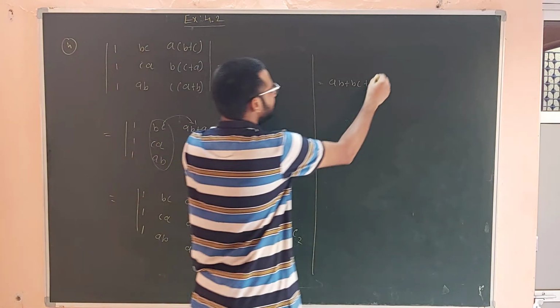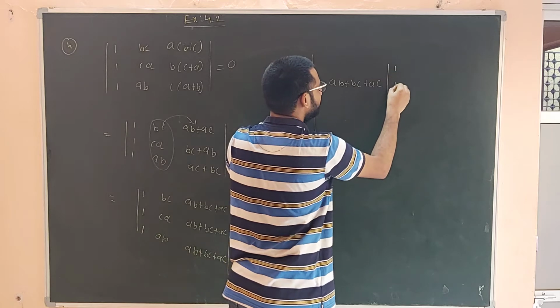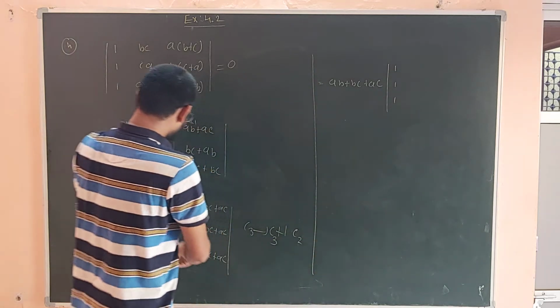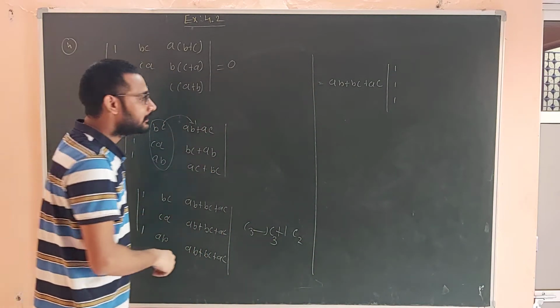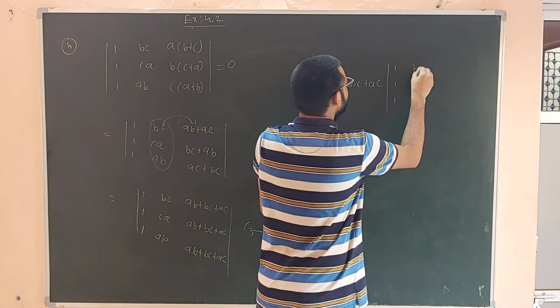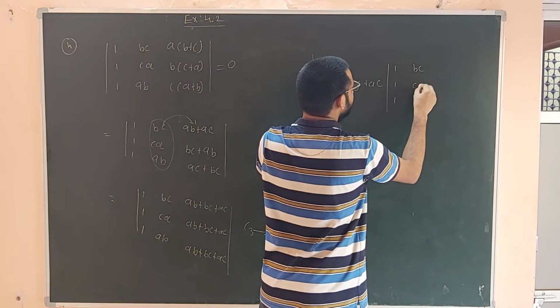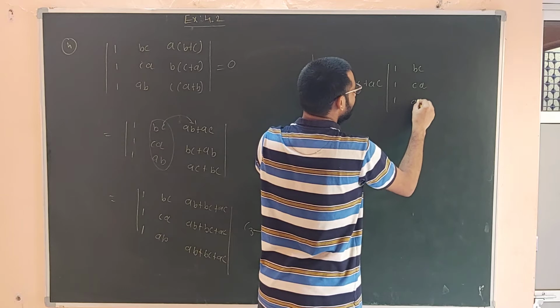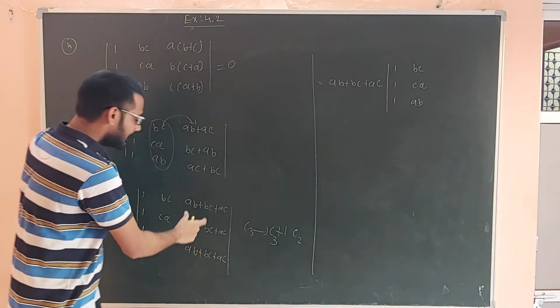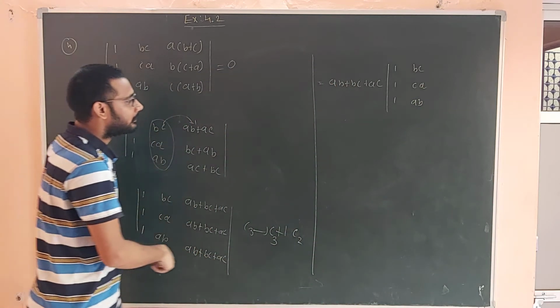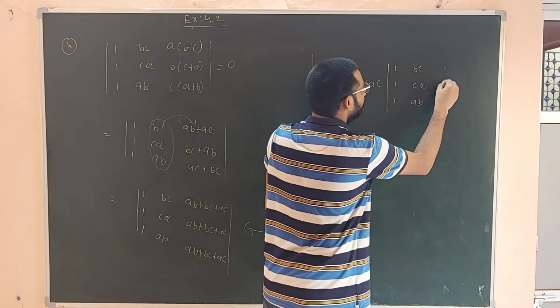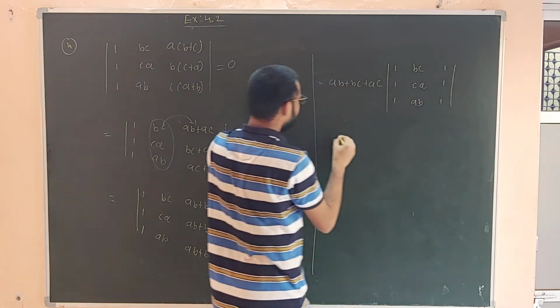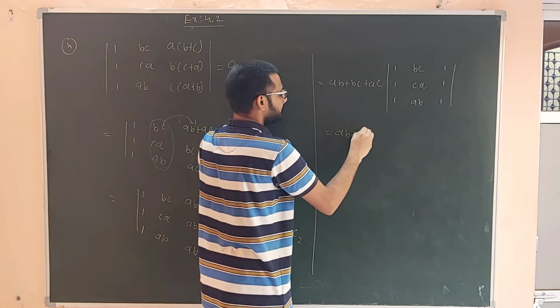So what remains in the determinant? Column 1: 1, 1, 1 as it is. Then BC, CA and AB as it is. Here we took out AB plus BC plus AC, so what remains here? Only 1, 1 and 1. Okay, so here AB plus BC